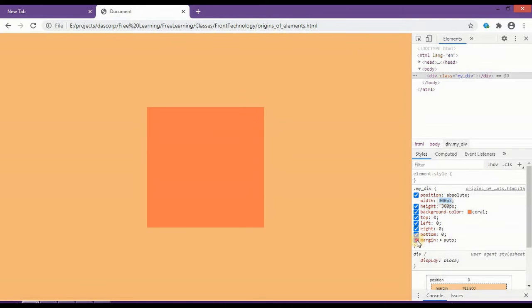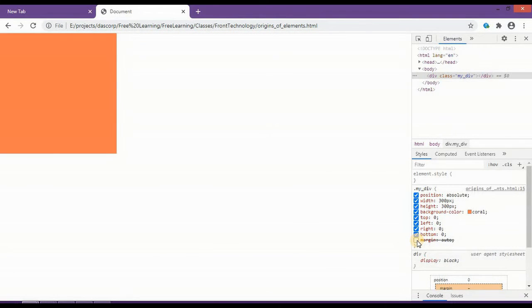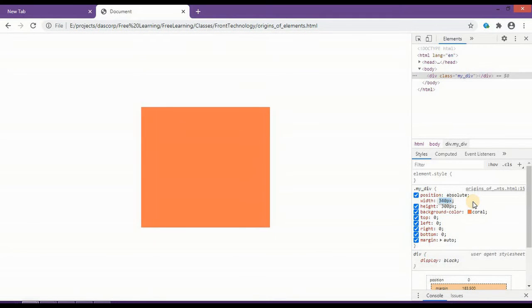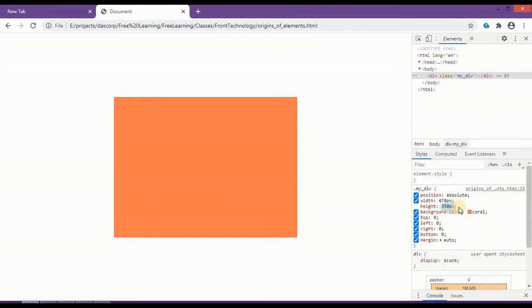Now let's imagine the first step. If we have not provided any margin auto, if we increase the width, you can see it is moving towards the right. But with margin auto, what will happen is something different. Now let me increase the width from here. As you can see, it is increasing on both sides and calculating the same values, right? And even if I increase the height, it is also increasing on both sides. So that is the kind of magic that we can do with our CSS stuff.